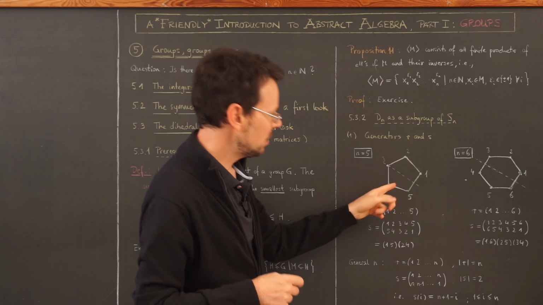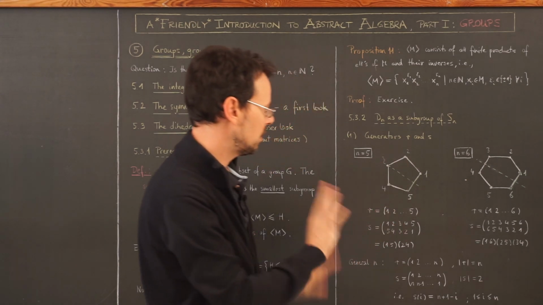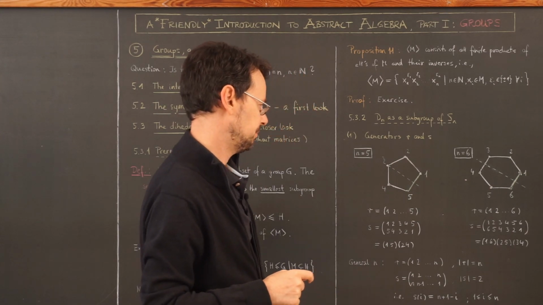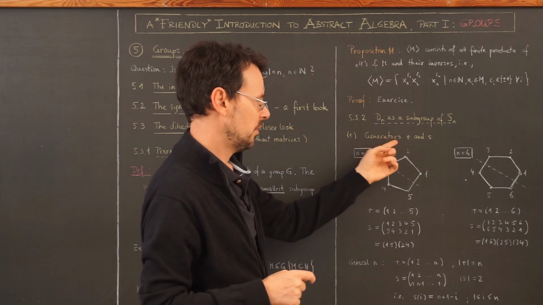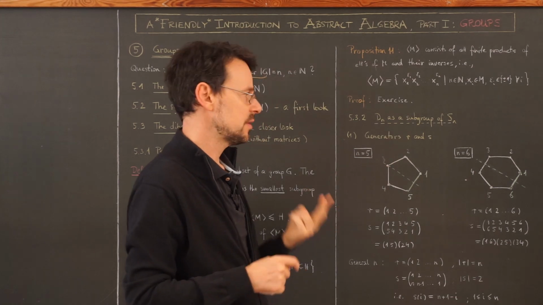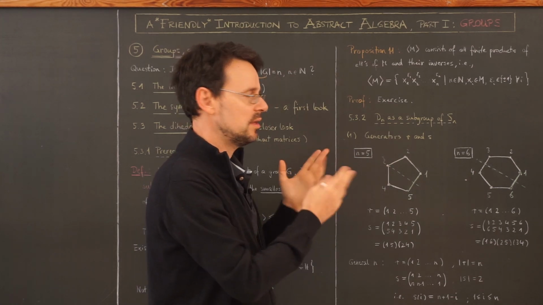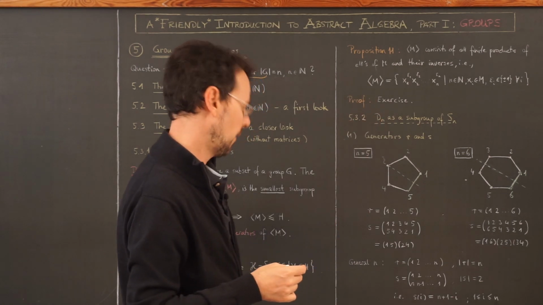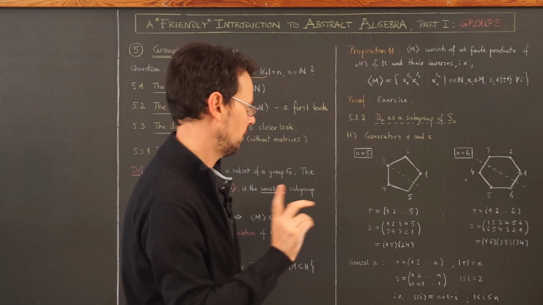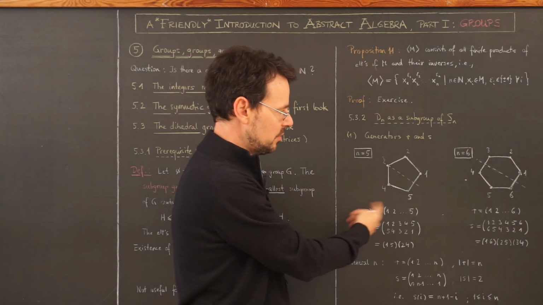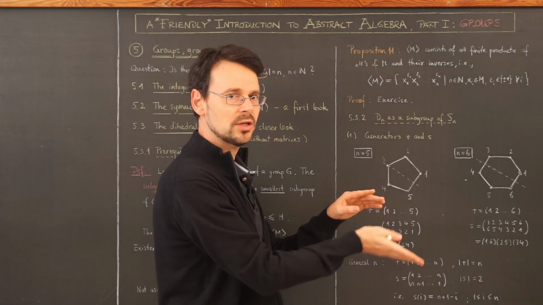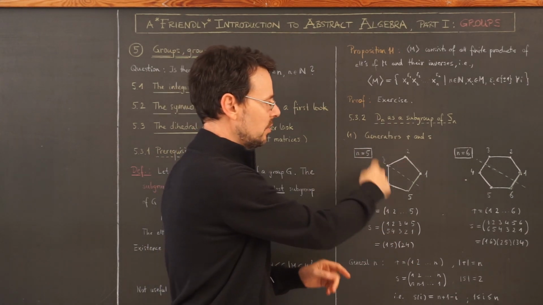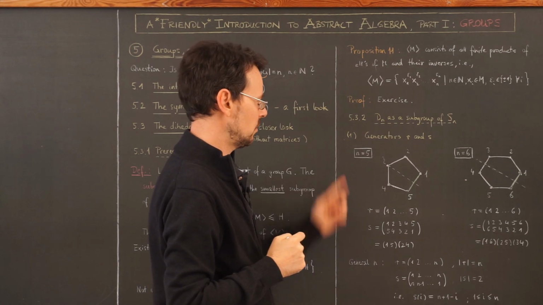Here's the regular pentagon. It's not perfect, but I hope good enough. And here the regular hexagon. Now I'm going to describe two permutations to you that will turn out to be the generators of this group here, the group of symmetries. So R, as before, is the rotation by 360 degrees divided by the number of vertices. So in this case,